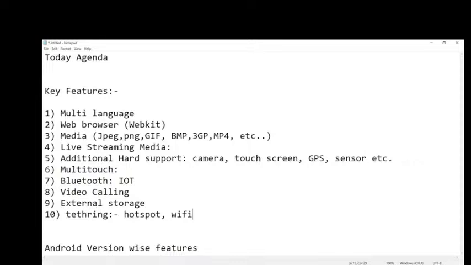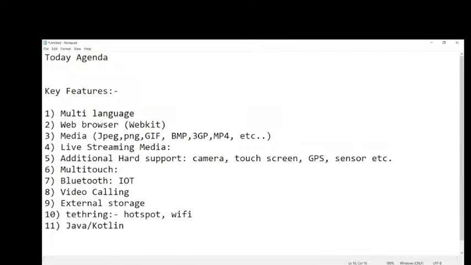And next, there are some other features also, around 20 key features. Next is Java or Kotlin support.